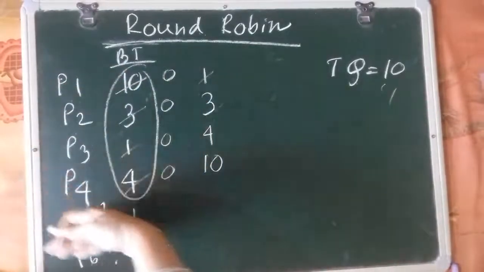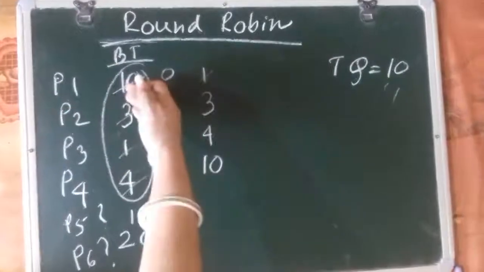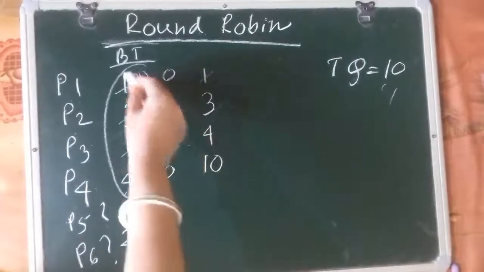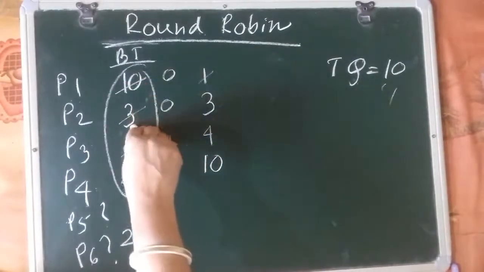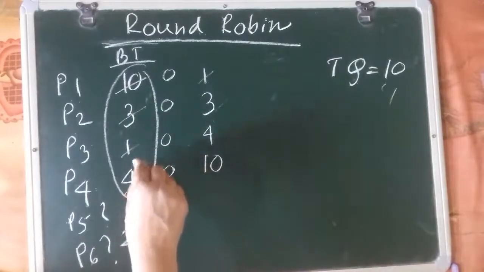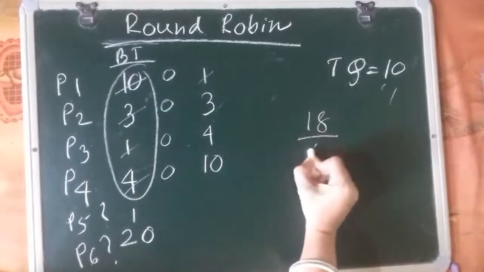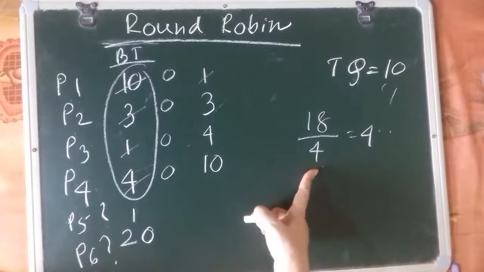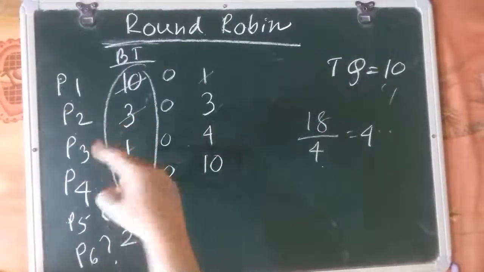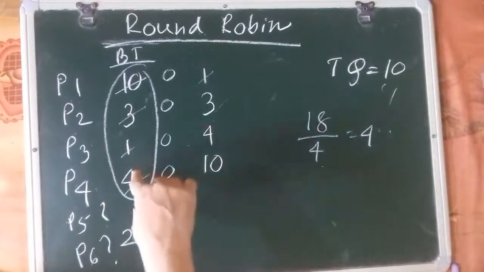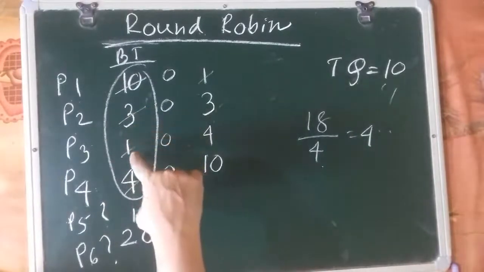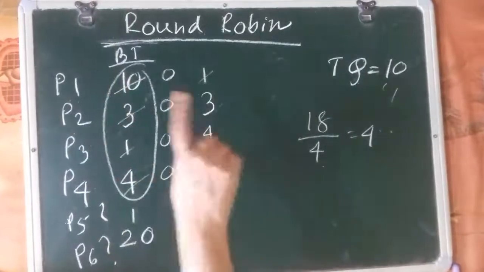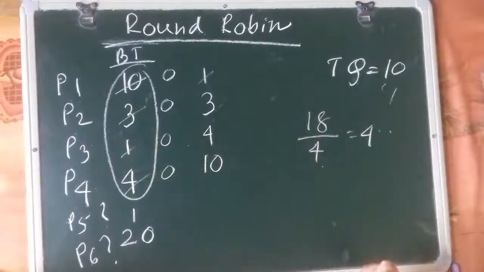So what you need to do, considering the present set of processes, is take an average value for the time quantum. In this case, if I take 10 plus 3, 13 plus 4, 17, 18, then 18 divided by 4 is how much? 4 point something. So in this case you can take around 4, or you may take less than 4 also, because if this job is before 1, then 1 has to wait for this to execute. So you can choose some kind of average, or less than average, as the time quantum.